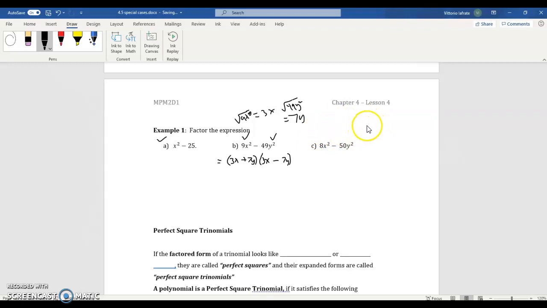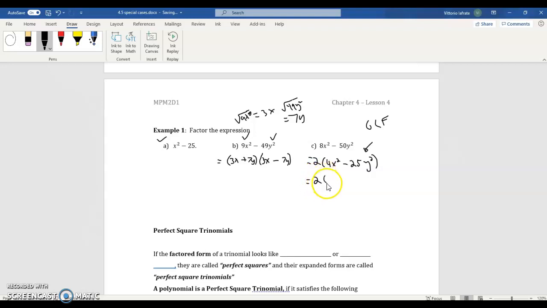So what I recommend you do in this situation is, again, take a greatest common factor out. And it looks like a good common factor that we can take out is 2. If you take out a 2 from this, you get 2 times 4x squared minus 25y squared. And so now you'll notice what's inside the bracket can actually be a difference of squares. We have a perfect square for 4x squared and a perfect square for 25y squared, and there's a minus there. So we can continue